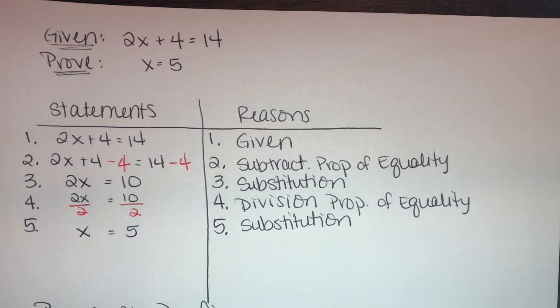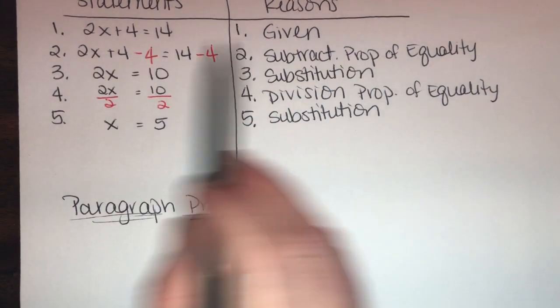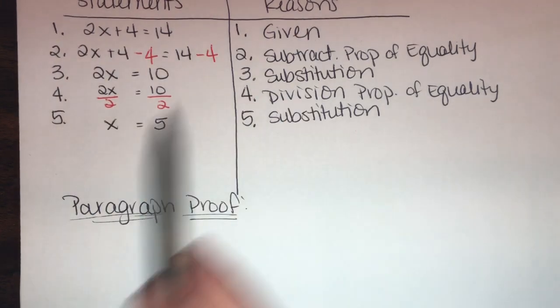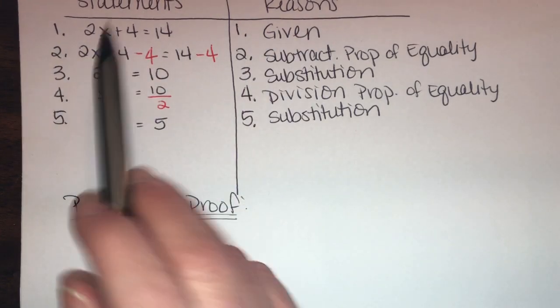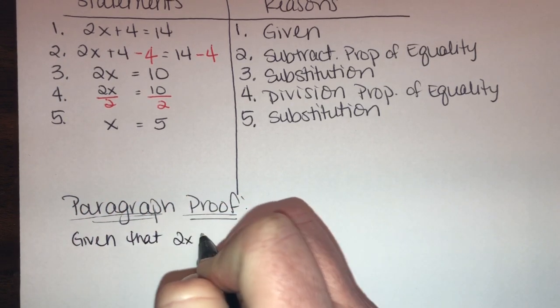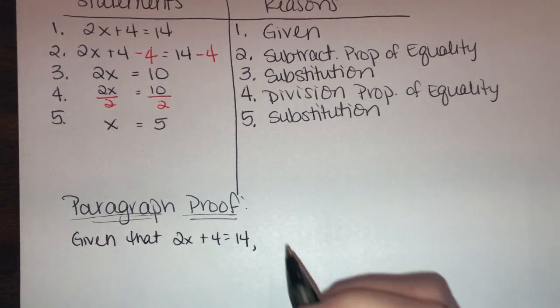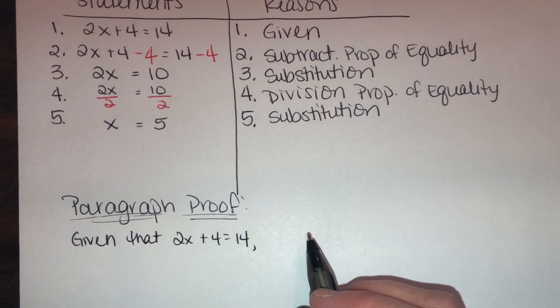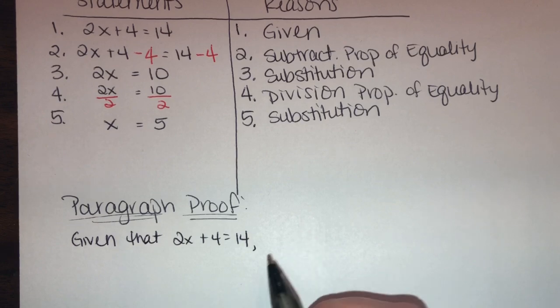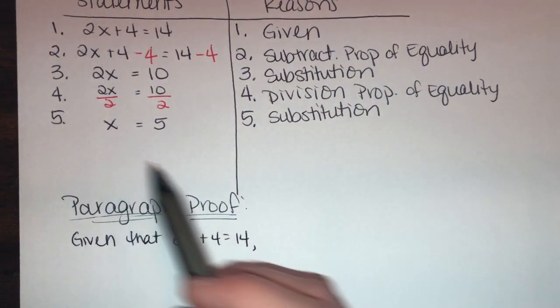This would be a 2-column proof. But I don't want a 2-column proof. I want to write a paragraph proof. So how can I use this information to do that? All I'm going to do is go line by line and write a few sentences. So I'm going to start with line 1. Given that 2x plus 4 equals 14. And honestly, you should have proper grammar and everything here. You're writing a paragraph, but I'm not focused on that. We're doing math. As long as you understand how to write a paragraph proof, I'm not going to get too strict on grading your grammar in this. So given that 2x plus 4 equals 14,